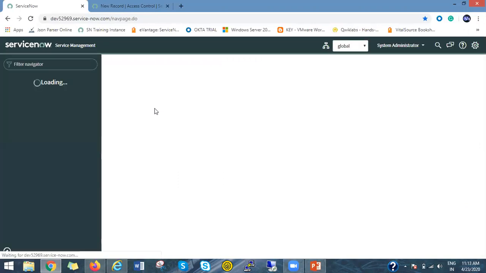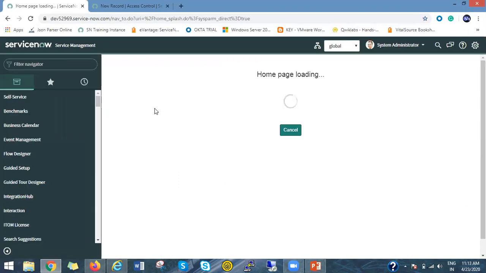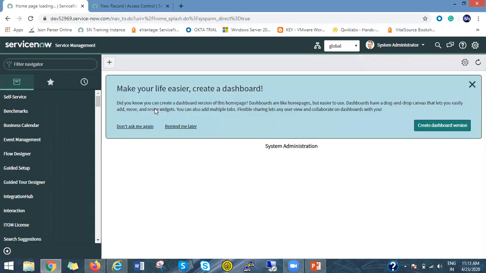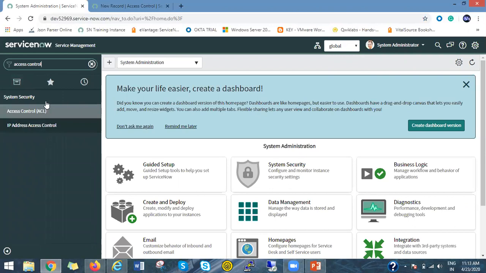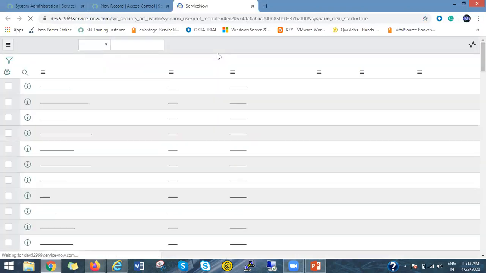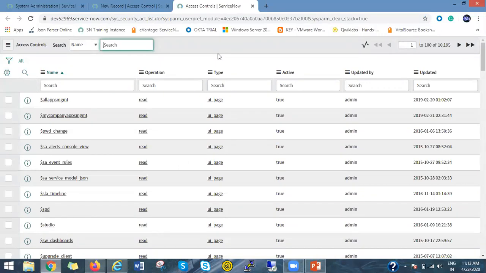Again, I need to assign the security_admin role to myself. If you see here, if I open the ACL again, that new option has gone, right?